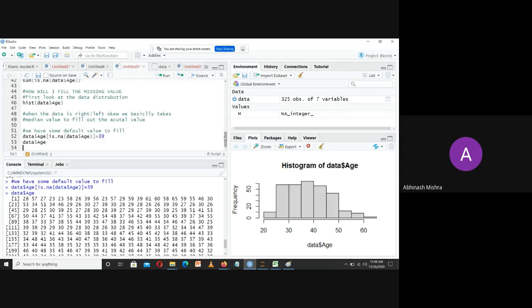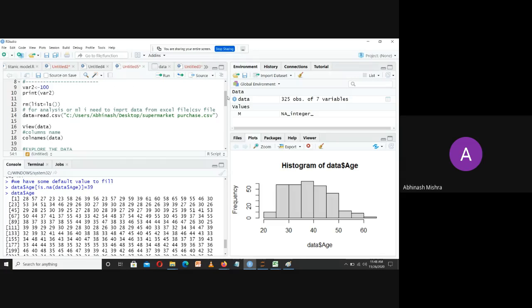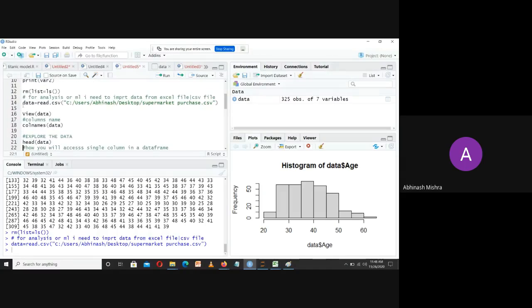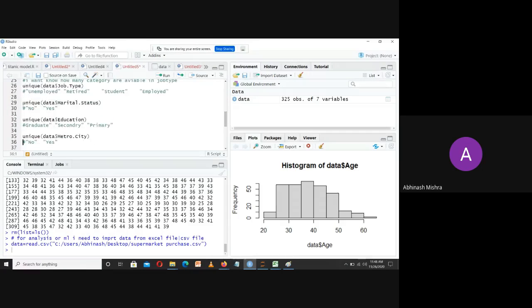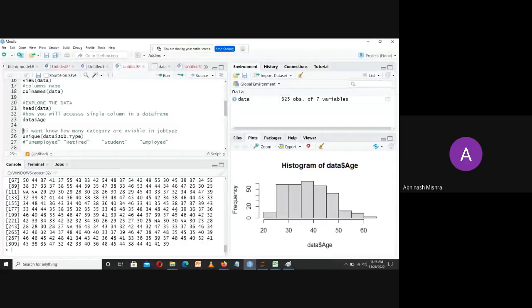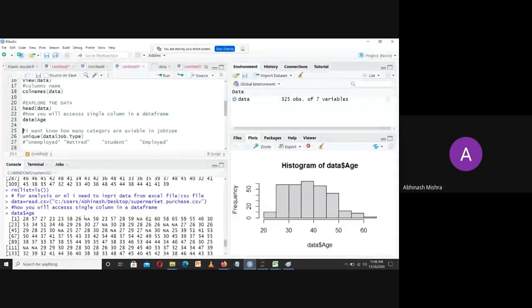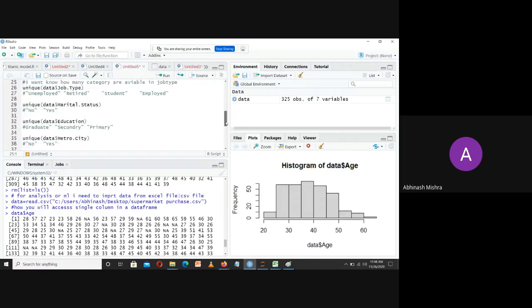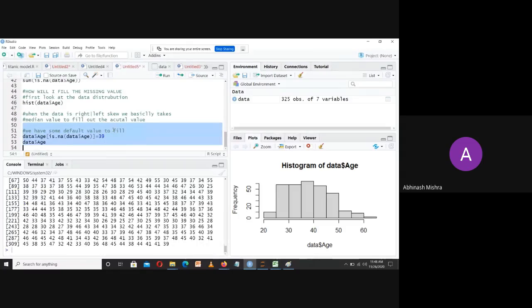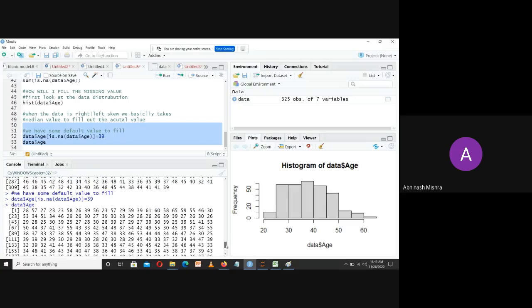Now if suppose I have a missing value, how does the missing value actually look? So let us see how the missing value actually looks. If I say up here and I directly access the data again, can you see I have missing values looking like this, NaN, NaN. So I have to fill those values with the median value, that age is 39. From the data we can also look, and now we have a complete crisp, sharp data. So in this way we actually handle the missing values which are given in the data.